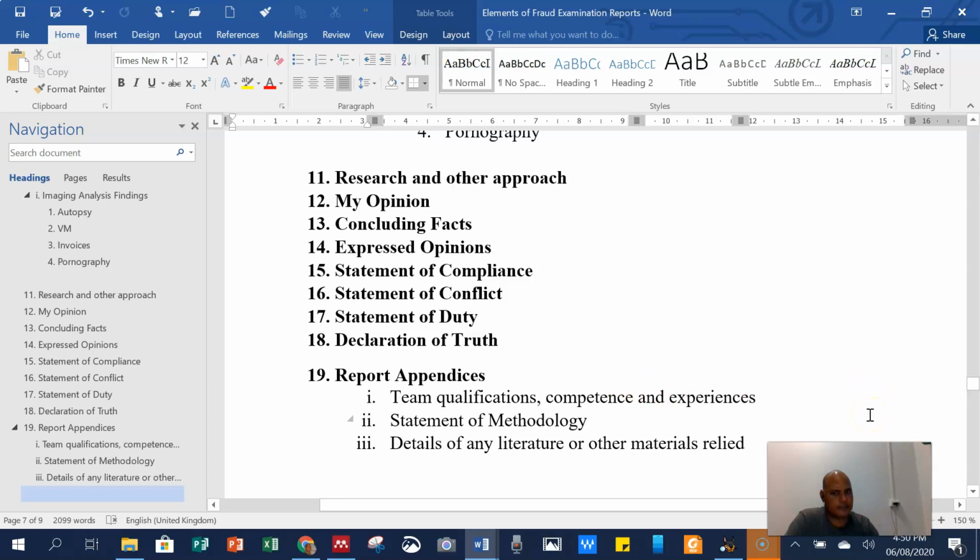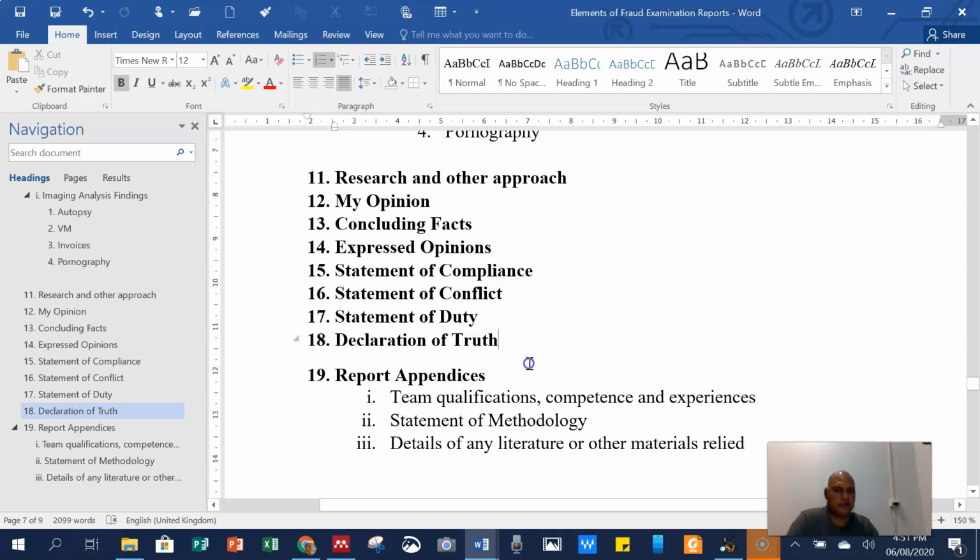So I think this is it for the witness expert report. But based on your jurisdiction, based on your practice, based on what's been done in your prosecution offices, as well as other law enforcement agencies, if you feel comfortable with the way you are doing the reporting, that's okay. You can always adopt that. But this is also an example of what is required in terms of the 3 areas that have been explained,